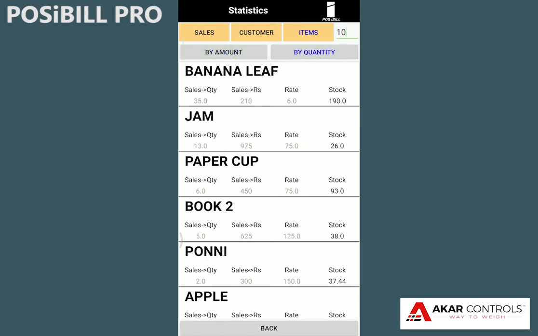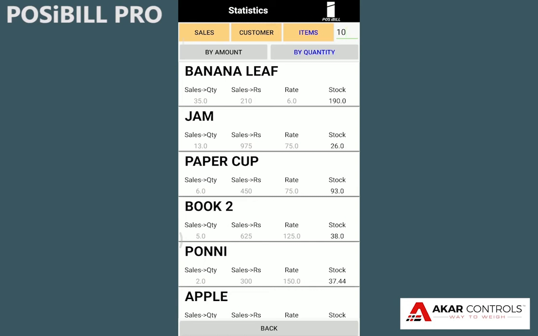In amount statistics, the items are sorted based on the sales amount, and in the other it is sorted based on the total sold quantity. This gives you the complete information about the items sold in high volume and high price. This statistics provides you with a list of top customers, top items based on quantity, high valued items and a complete picture of daily sales.